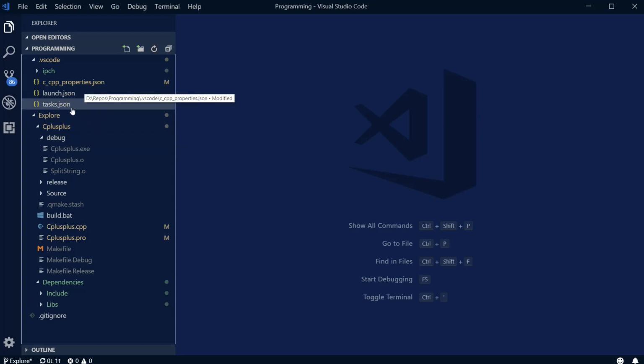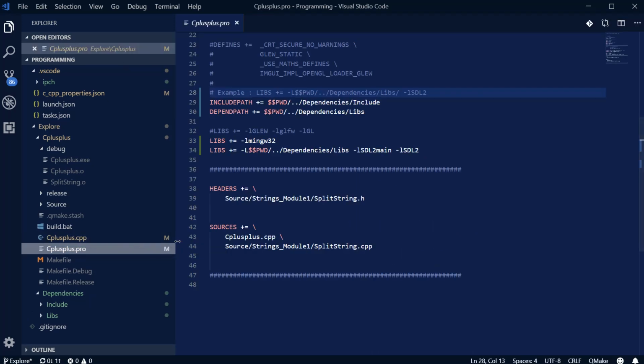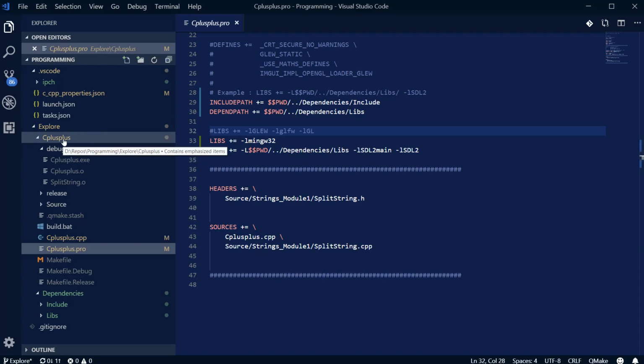What else have I modified here? Well, the CPP profile. We've added these lines here. So include path plus equals $$PWD, project working directory or program working directory, whatever you want to call it. We go up one, across to the dependencies, and into include. For the append path, it's up one, across the dependencies, and into libs. So we're in C++, so it's up one to explore, across the dependencies, and into these two. On the lib side, we have to plus equals minus L